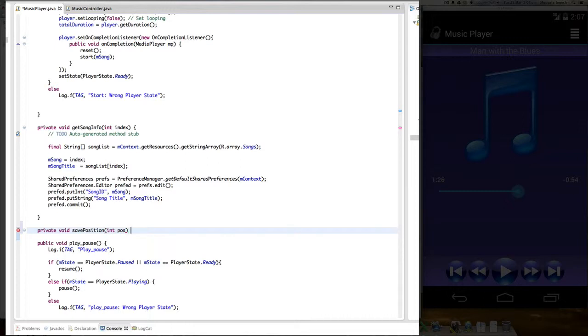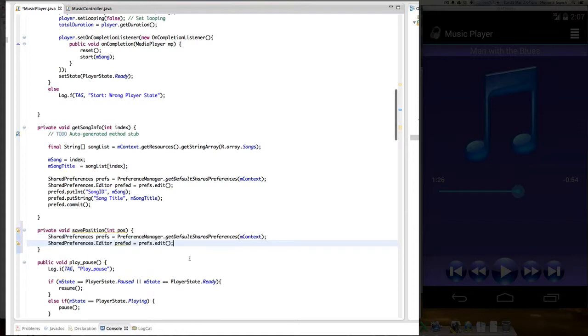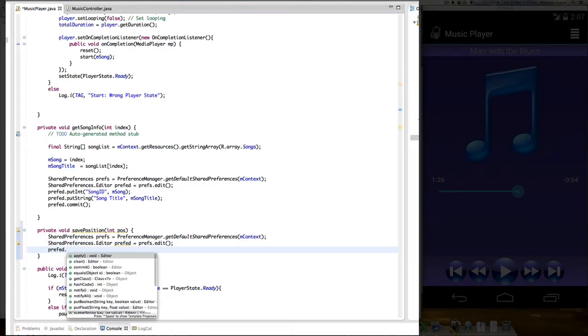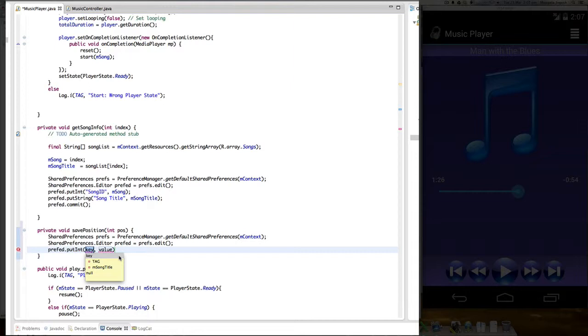So with a parameter position that comes in. Now inside here, I'm going to say shared preferences and edit. So I'm going to just go ahead and copy these two pieces of information of how to open the editor. Okay, after I open that, then I am going to remember the position value. So I'm going to use the key as position, and the value is the parameter that I